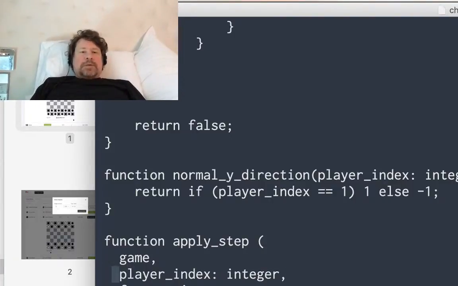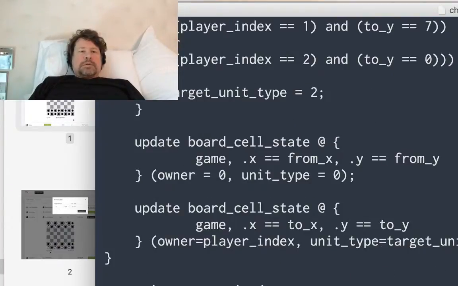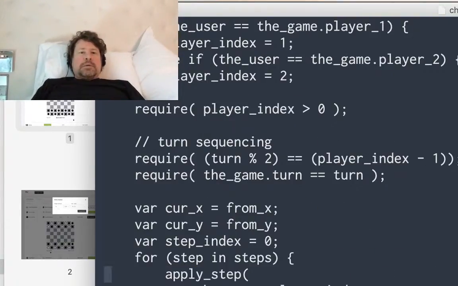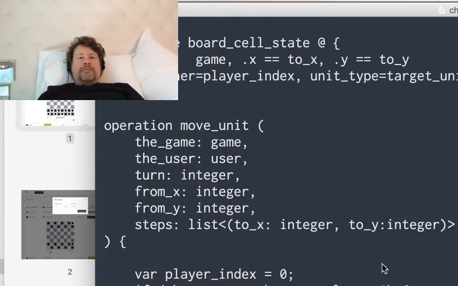So we apply a step in a game. We have the positions where you want to move from and to. This is a function, this is not an operation. So someone is calling apply step later. This is outwards facing move unit. Yeah, so here we verify